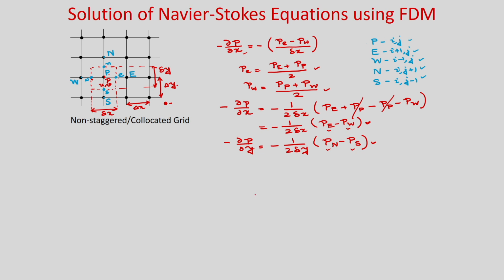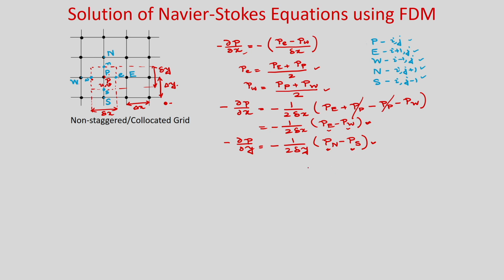In that way, pressure and velocity may decouple. You can see the discrete points we are considering, this is actually 2 into delta x. So, if you are solving the problem for a particular grid, but when you are calculating the gradient you are using some coarser grid, because P e and P w, P n minus P s. So, it is 2 delta x and 2 delta y apart.